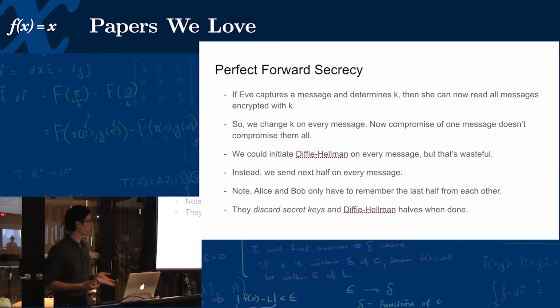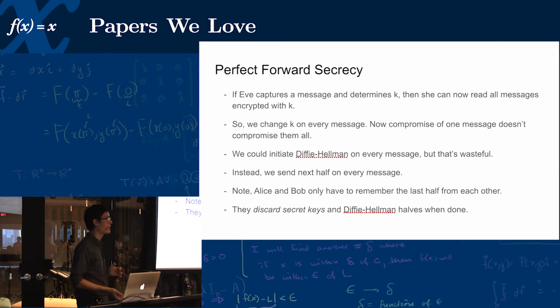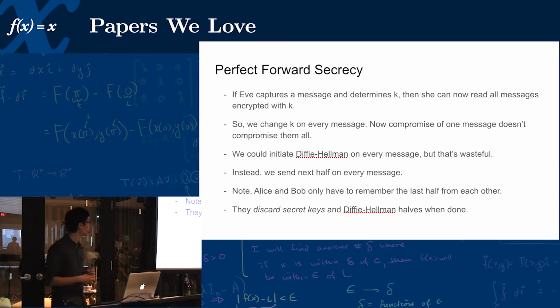The straightforward way of doing this actually is just to run Diffie-Hellman on every single message, but Diffie-Hellman requires 2 rounds, and then the message is a 3rd round of communication on its own. So this is not very optimal. So the OTR authors came up with a very clever scheme where on every message that one party sends to the other, that party calculates a new Diffie-Hellman half and sends it with the message. And so on receipt,